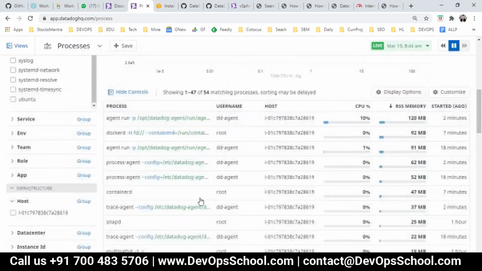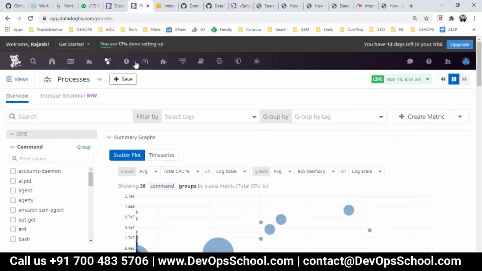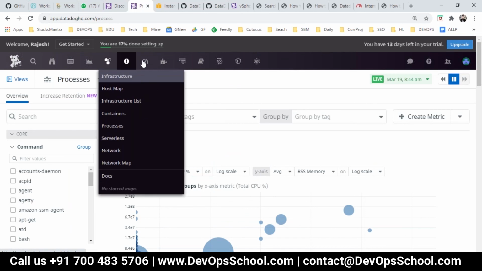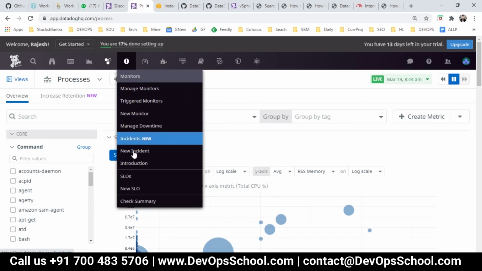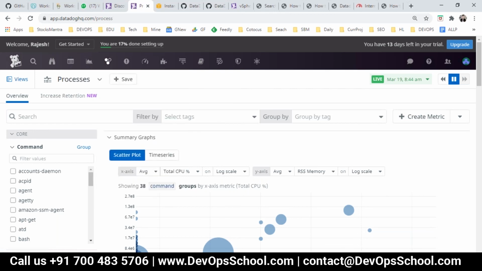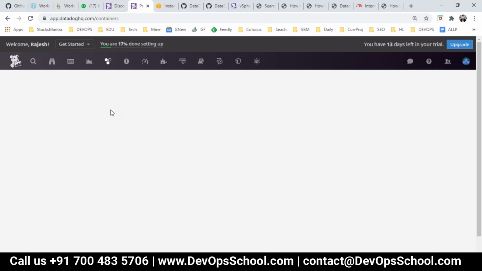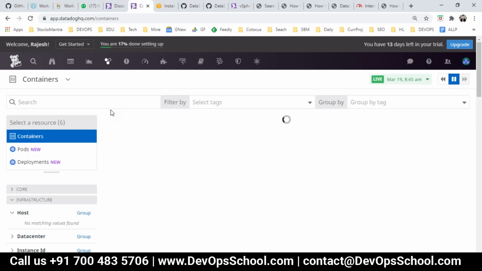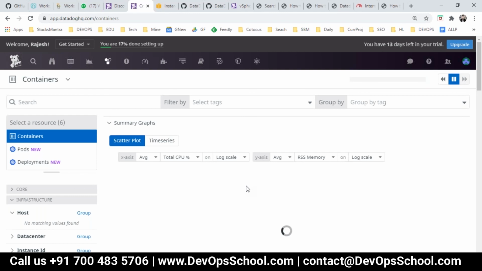Okay, now do we have any containers? So actually the problem here is, guys, we don't have any containers. Mind it, I repeat, containers, I enabled the integration, but the problem here is we don't have any containers. So you won't get any containers here. That means container monitoring is enabled, but you don't have any containers. See, 0 containers. So what do we do in this case?